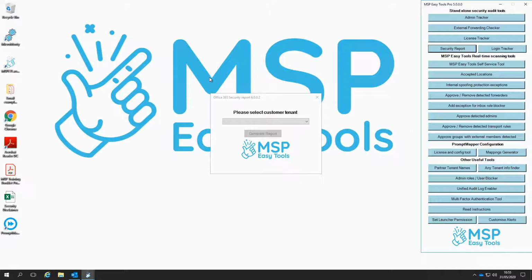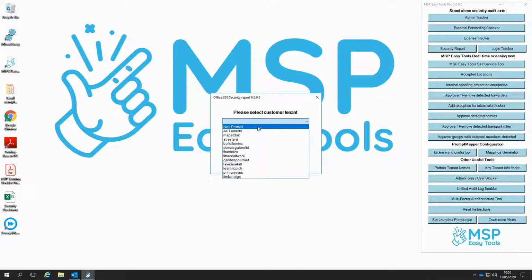So what we've got here is a very complex but easily put together report that brings all of your clients' Office 365 data together in a very simple format. So click on the security report button, and from the drop down list you just select the client that you want to run from your Microsoft partner